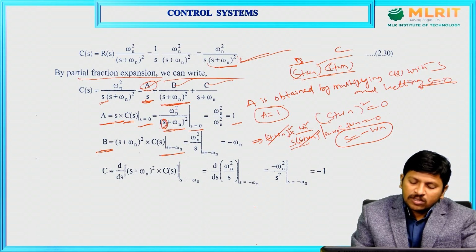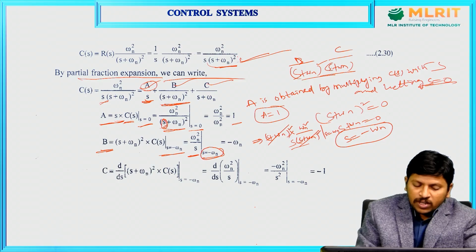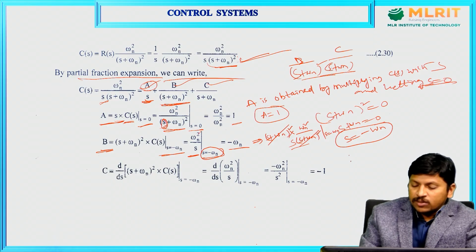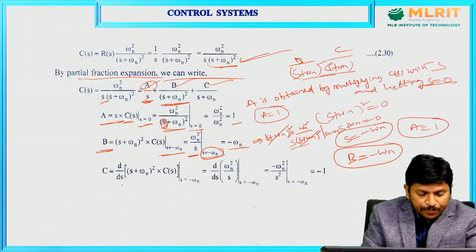divided by S into S plus this term gets cancelled. So 1 by S and R omega n square divided by S, that is here S equals to minus omega n. So here minus omega n plus omega n, one omega n gets cancelled, only minus omega n is there. So that is B equals to minus omega n. You are going to get A equals to 1. Next, finally,